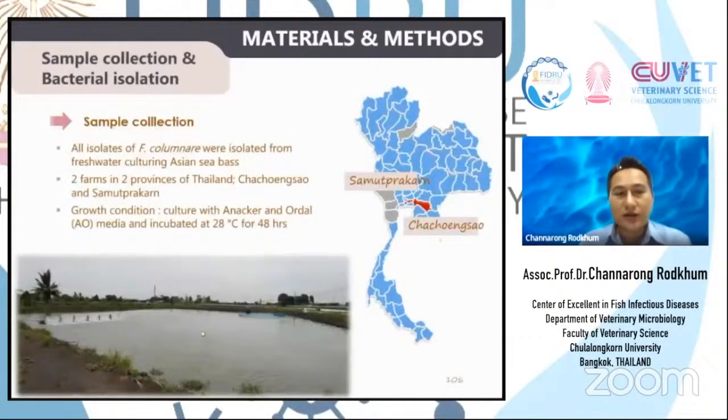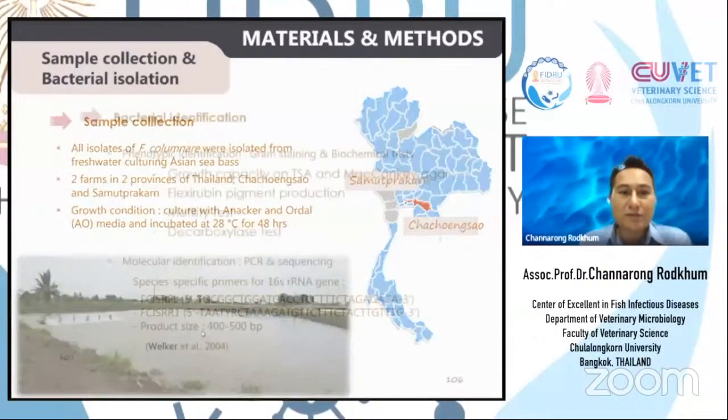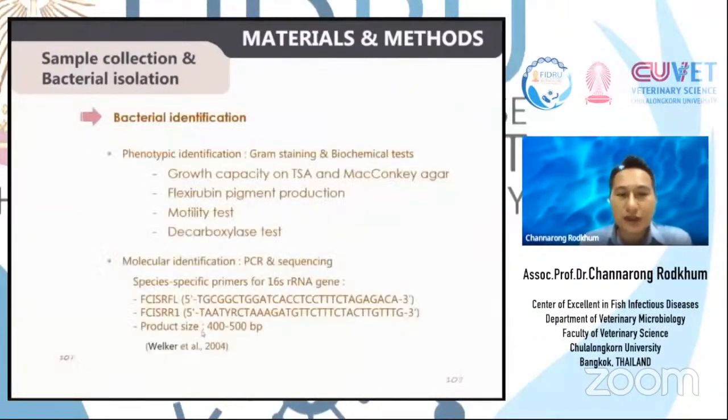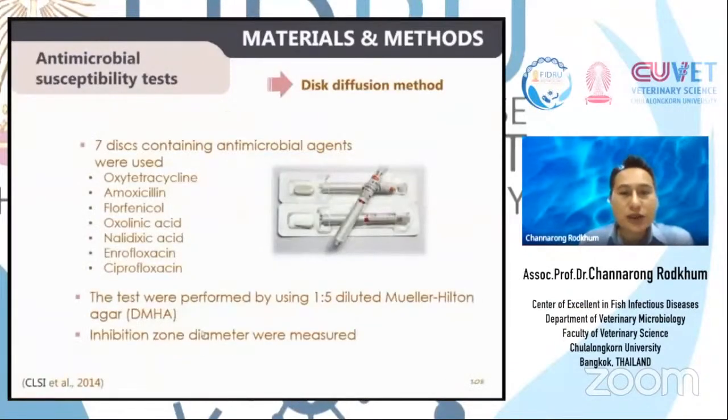The process of the research is that we start with sample collection, of course, to obtain many Flavobacterium columnare strains from ASEAN sea bass farms in Thailand. After that, we do phenotypic and molecular identification, the same as we did for tilapia Flavobacterium columnare. Then we do the conventional diffusion method, the Kirby-Bauer test, using 7 kinds of drugs: oxytetracycline, amoxicillin, florfenicol, oxolinic acid, nalidixic acid,